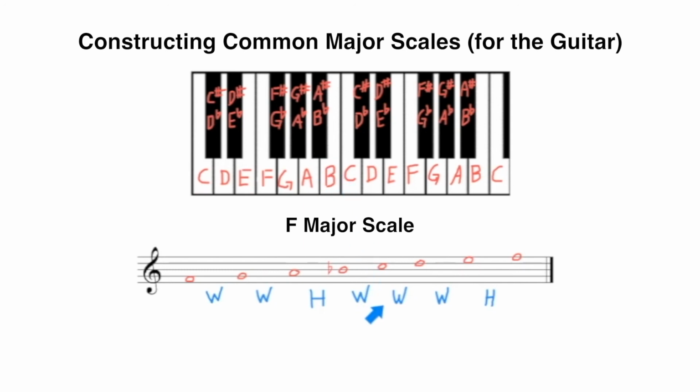Next we need a whole step from C to D, and that's what we have with the black key in between. Now we need a whole step from D to E. We have the same thing, D, black key for a half step, another half step to E. And then finally we need a half step from E to F, and that's what we already have. E to F is the closest key since there was no black key in between. So here is the F major scale.